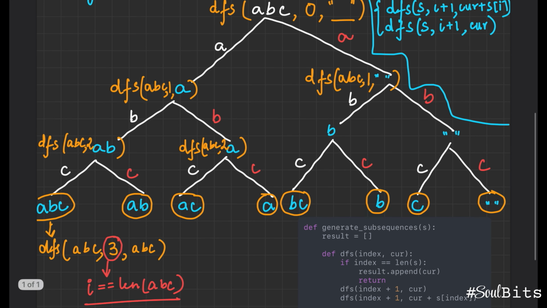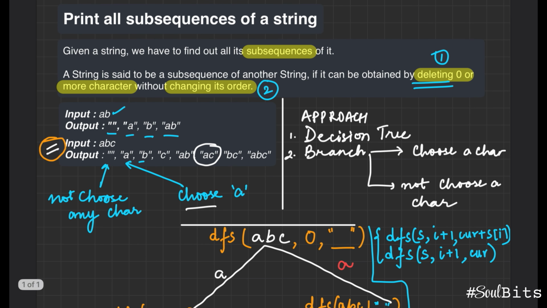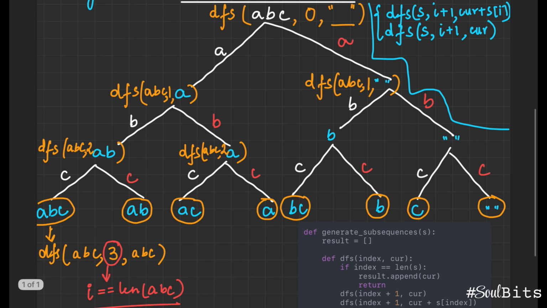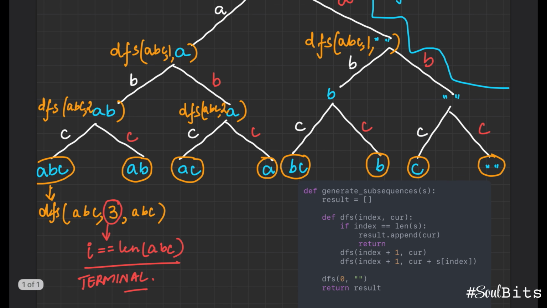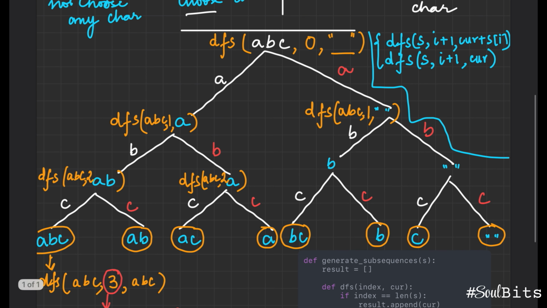And there you have it, folks. This was the problem, subsequences of a string. We really took our time to understand the approach here. This approach will be very useful when you try to solve questions like combination sum 1, 2, and 3. I think this works in all the 3 problems, and this will be a whole lot useful if you internalize this. Please make a point to dry run this and create a similar decision tree for yourself for some more examples so that this becomes absolutely crystal clear to you.